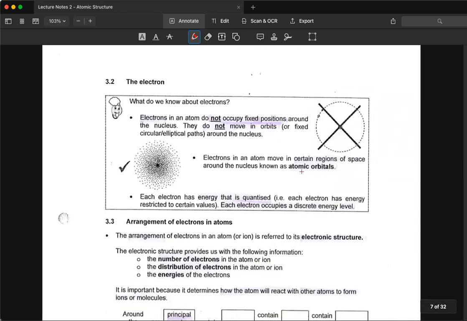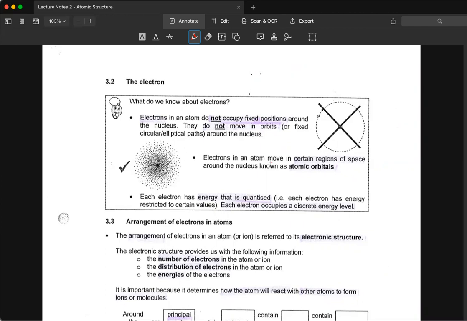Now, in this model, what do we know about the electrons? Electrons in the atom do not occupy fixed positions around the nucleus. They do not actually move in orbits or fixed circular paths around the nucleus, as you learned in O-level. That is not what the model says under the quantum mechanical model. In fact, in the theory, electrons in the atom move in certain regions of space known as atomic orbitals, where